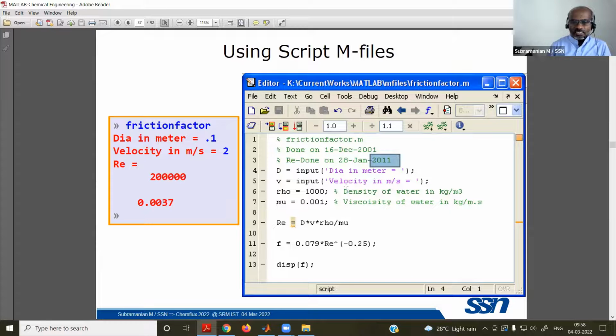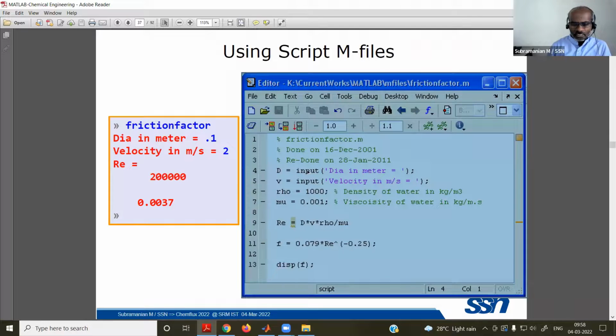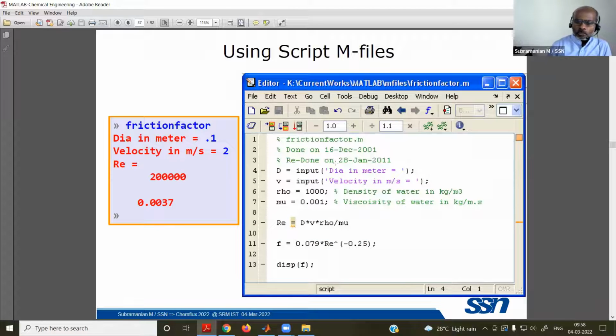Let us understand this. We have this new thing called input. Say the input is a built-in function, or input command. We have something in the single quotes, so this is for our own idea. This is the content, and when it is processed, it is asking for the data from the user. Input is to get the data from the terminal. The user has to input the data.